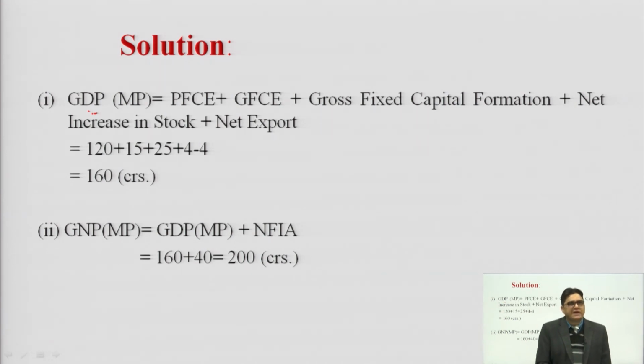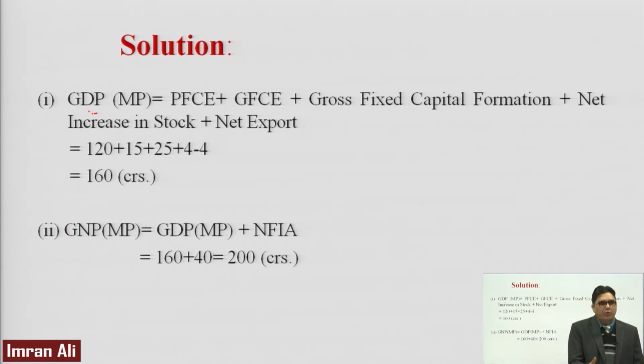The last is the expenditure method. We need to take private final consumption, government final consumption, fixed capital formation, and export minus import. Again, we will reach GDP at MP, and we need to see what the question is demanding, where we need to reach from GDP at MP: GDP at FC, GNP at FC, or whatever it is. We need to add that value and our answer will be reached.